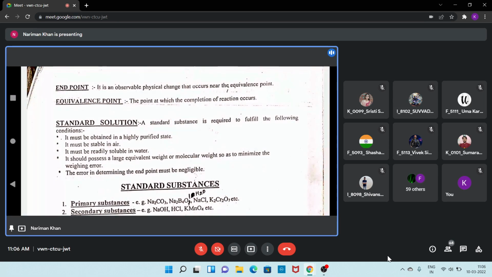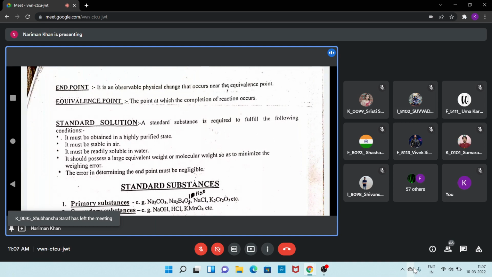It is prepared from highly purified salts which are stable in different environmental conditions. This salt should be readily soluble in water or in whichever solvent we are preparing the solution. They should possess a large equivalent weight or molecular weight so that weighing error can be minimized, because if they have a small molecular weight or equivalent weight, then what will happen? During weighing and during transferring that weighed amount of the substance into the flask for preparing the solution, there are chances of